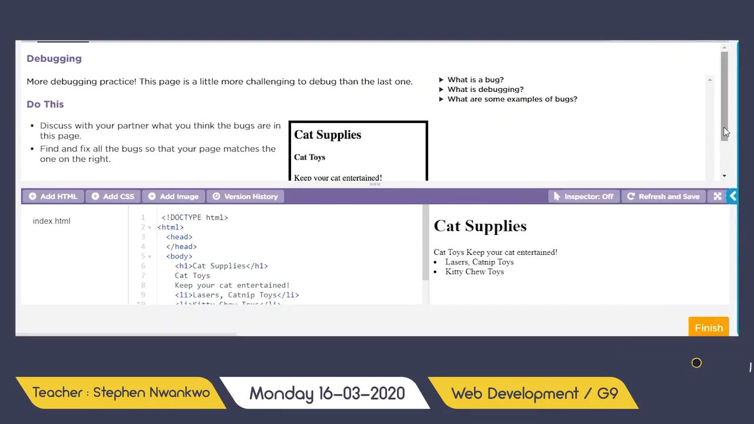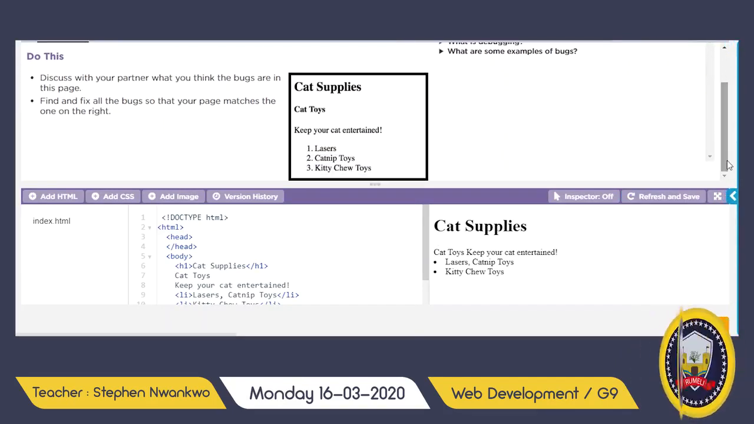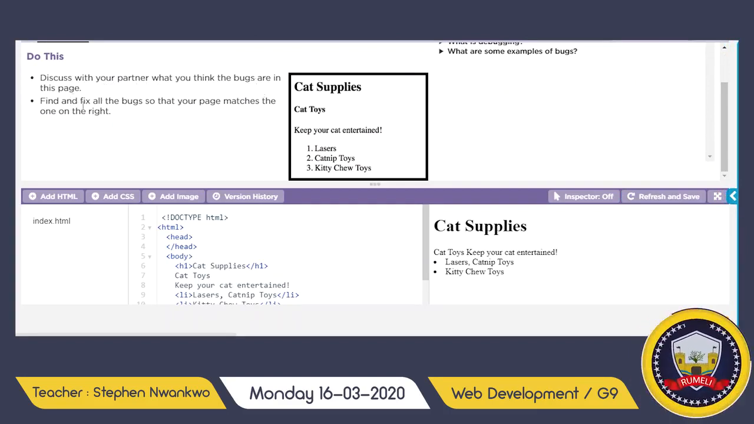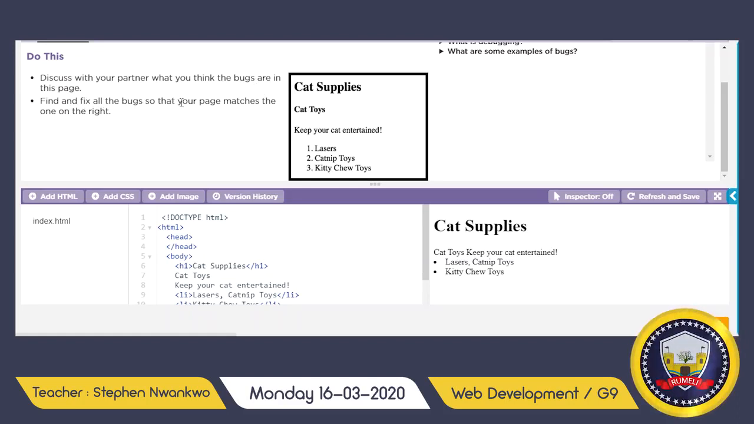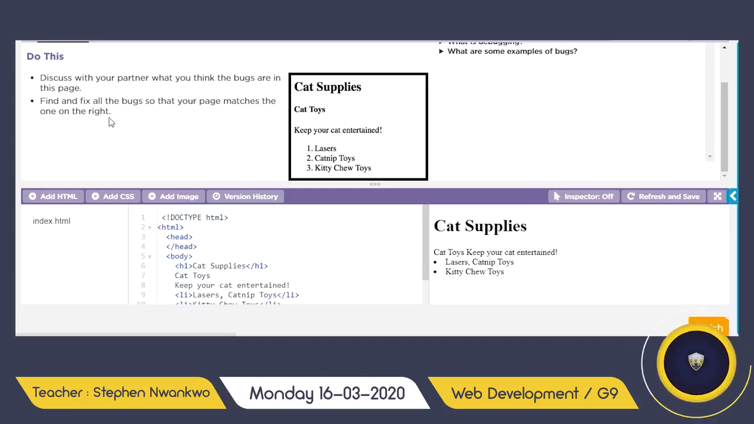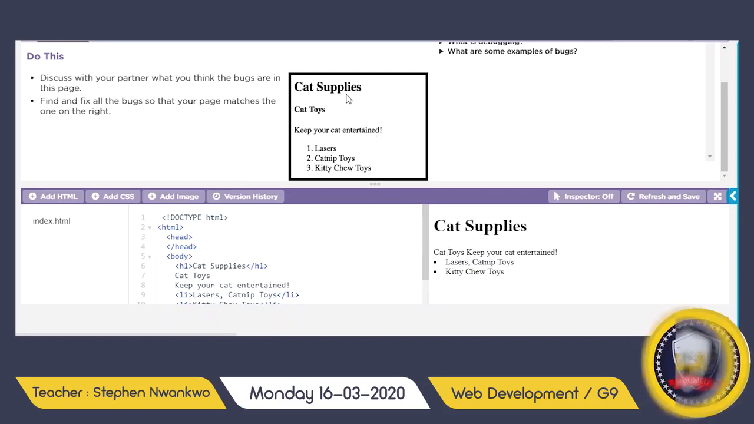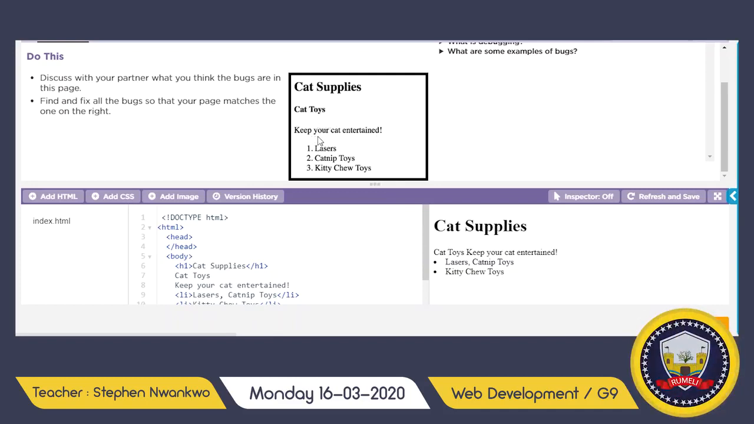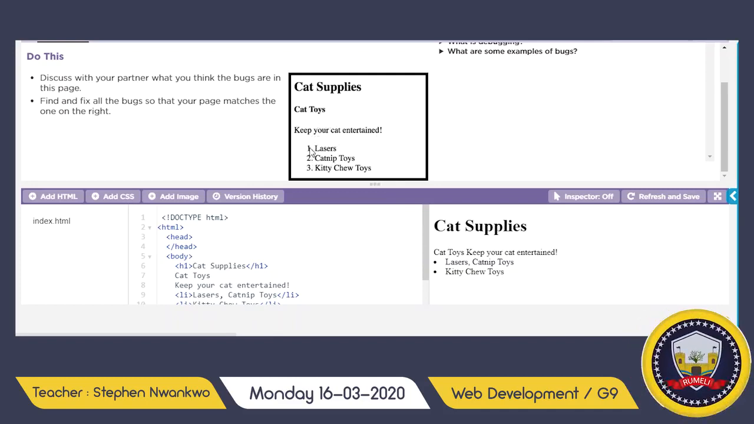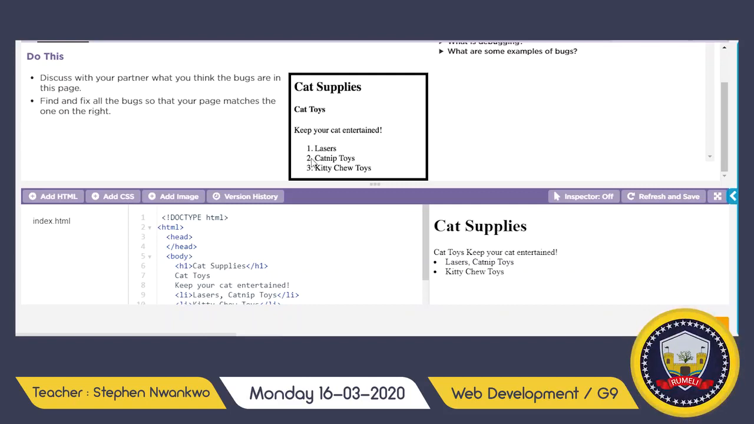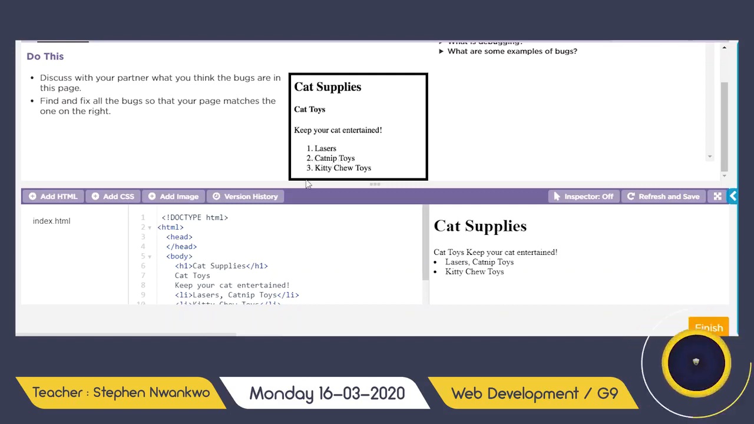Here is another example of debugging, and it says discuss with your partner what you think the bugs are in this page. Find and fix all the bugs so that your page matches the one on the right. Okay, now take a good look at this image. Cat supplies, cat toys, keep your cat entertained. Number 1, lasers. Number 2, catnip toys. Number 3, kitty